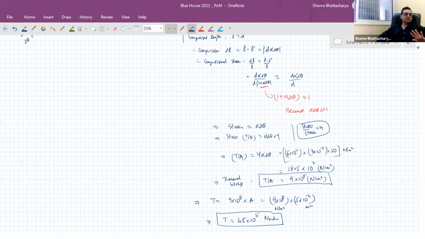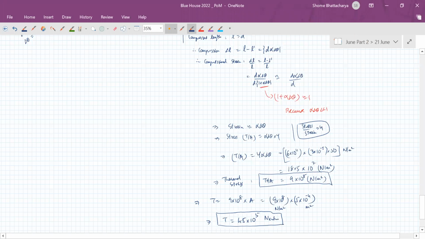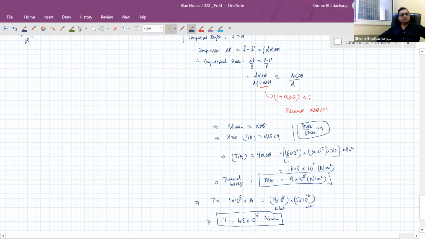But the idea is it's very simple. As you can see, there's nothing complicated in this application. You have to just connect the two concepts. One is the amount of thermal expansion by the formula of alpha, or coefficient of thermal expansion, and the other is the relation between stress and strain by Hooke's law. So just these two concepts have to be put together. Rest is very simple. The complicated questions are really more to do with the integration type of examples, non-uniform stress and strain. That too for the JEE Advanced level only. So if you just keep in mind the few questions that we've discussed in class, you should not have difficulty with it.